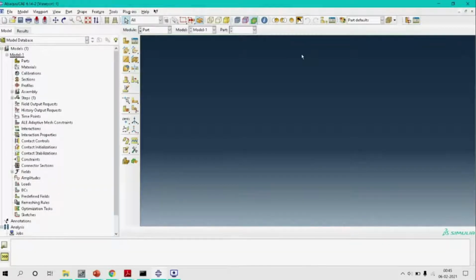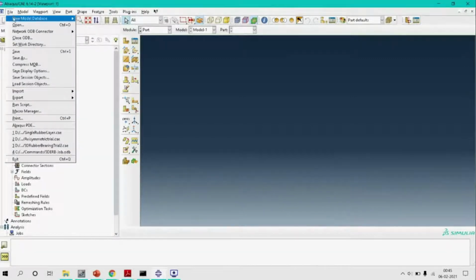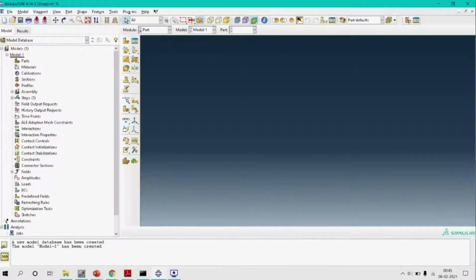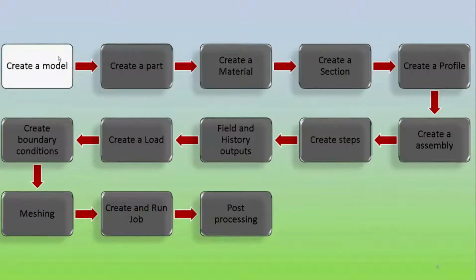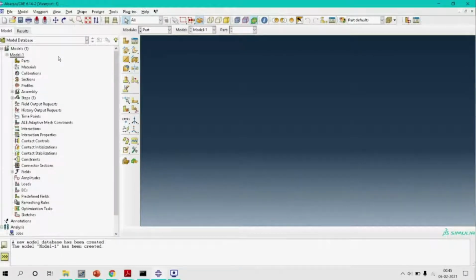The very first step that we should do in Abaqus is to set our model database to standard explicit model type, because here we are not dealing with fluids. At the same time, we will not be dealing with any electromagnetic models. So the first step which comes is creation of a model.